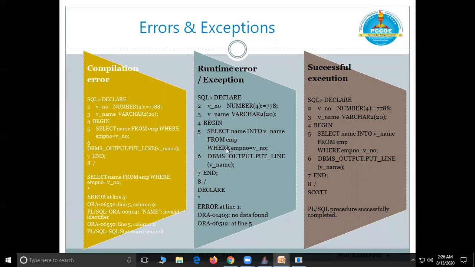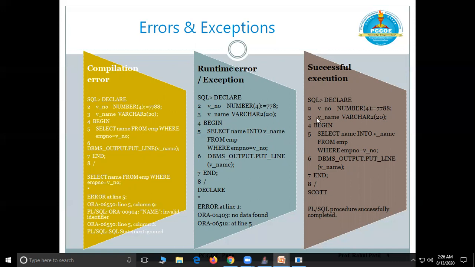In that EMP, it will try to find the employee number equal to v number, and v number is 778. While searching the table, where is employee number 778? It could not find that employee number in the table. That's why it has given the error, no data found. Now the syntax was correct, it compiled properly, but the exception occurred at the time of running the code. So this is called a runtime error or exception.